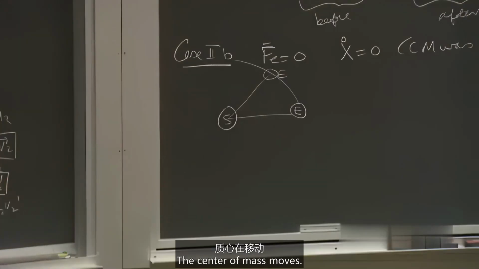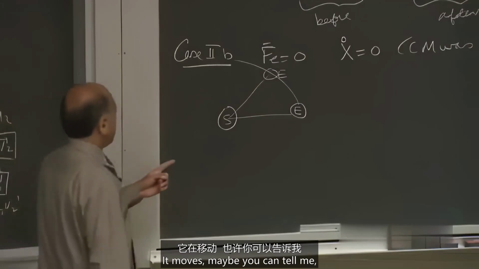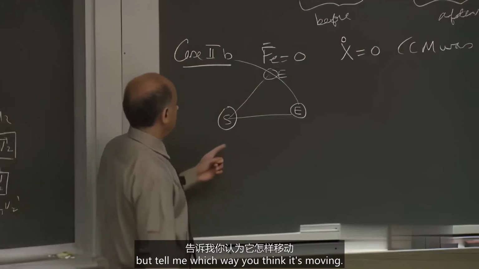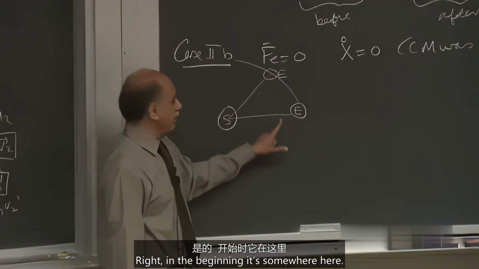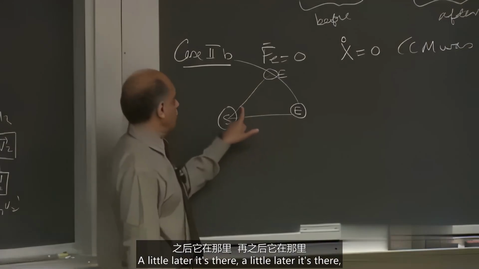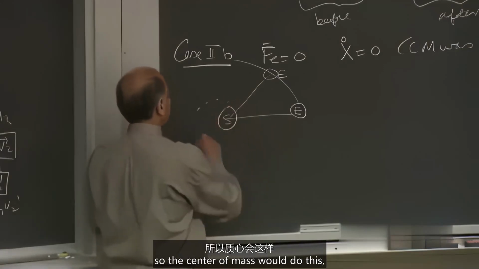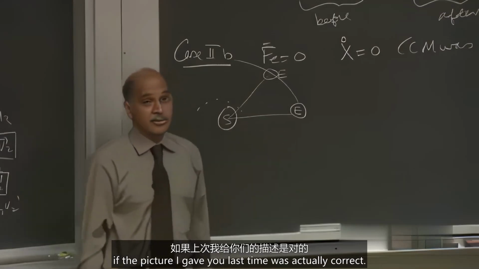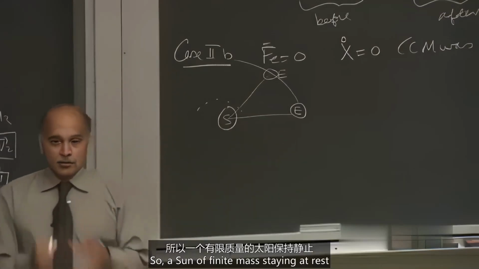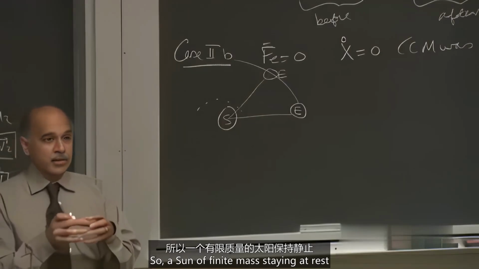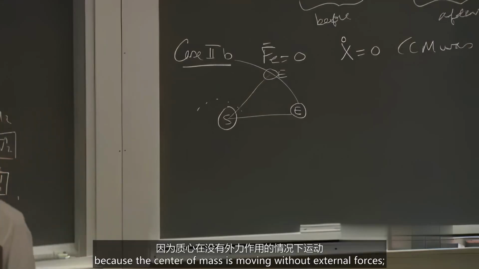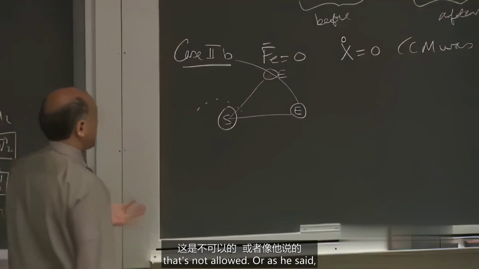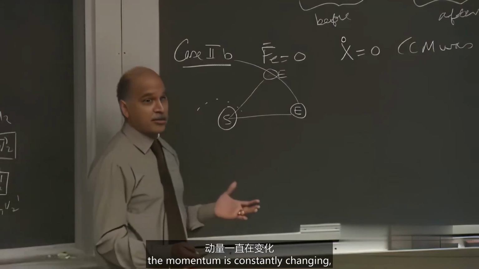Yes? The center of mass moves. It moves. Maybe you can tell me, you cannot point out from there, but tell me which way you think it's moving. In a circle. Right? In the beginning, it's somewhere here. A little later, it's there. A little later, it's there. So center of mass would do this if the picture I gave you last time was actually correct. So a sun of finite mass staying at rest and a planet orbiting around it is simply not acceptable, because the center of mass is moving without external forces. That's not allowed,